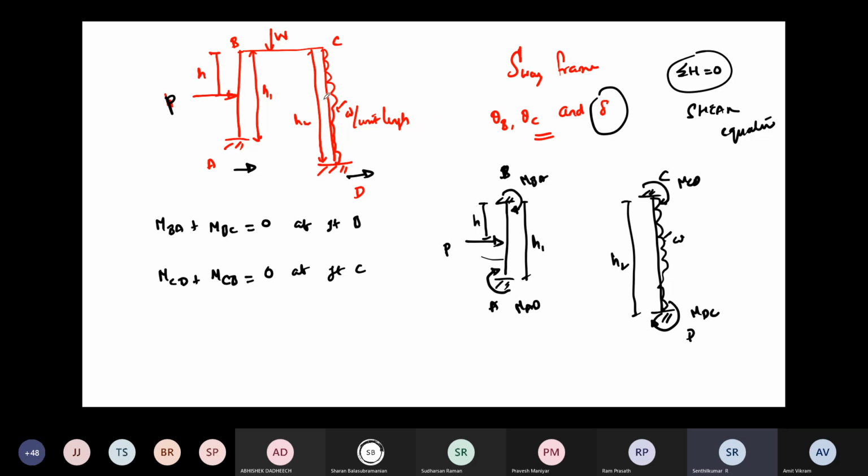So what is your first step? Whenever you are going to solve by the slope deflection method, we will lock all the supports, right? All the joints. So this member and this member, I just lock. I have to find out what HA and HD are. That's why we are doing this locking method. Then only I can take sigma H equal to 0 for the whole frame, and develop the shear equation. Sigma H equal to 0 means I need HA as well as HD and these lateral loads, right? That's why we are doing this kind of exercise now.